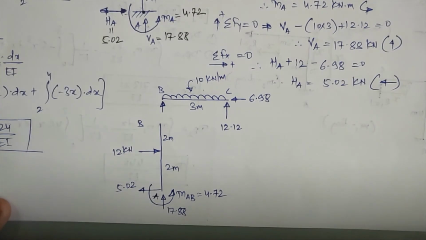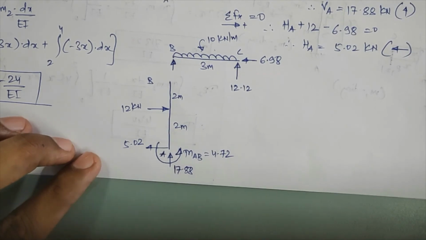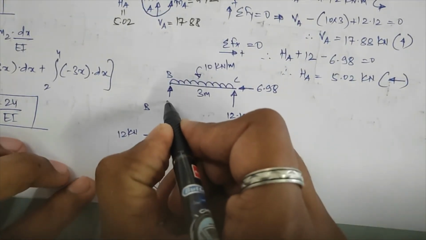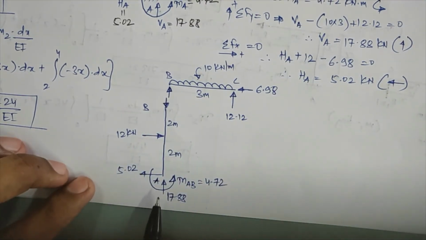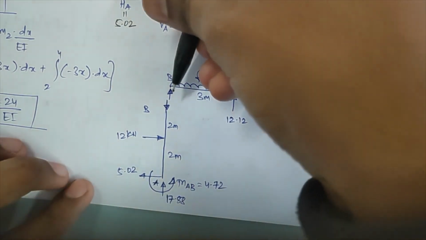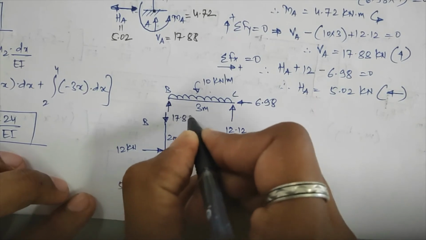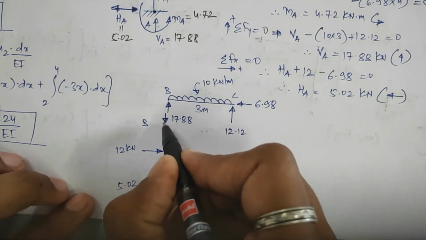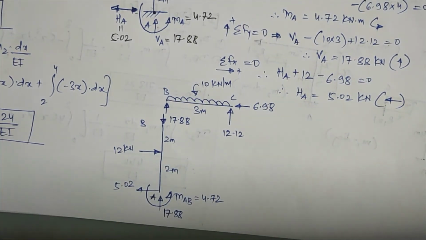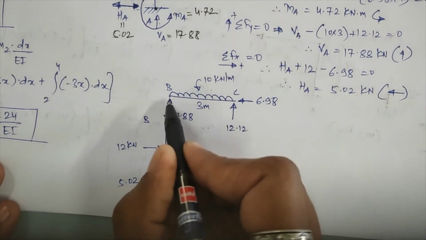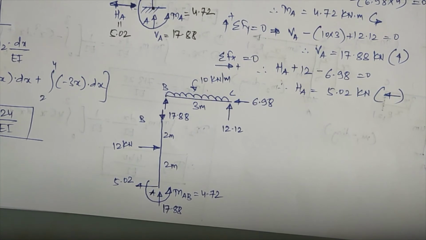Or instead of that, I'll tell you one more simple process. What is the 17.88 VA reaction you have got? Okay, if I use the same axial force in the downward direction to this, that is, if this force is acting in upward direction as the axial, here one downward force will also act of same intensity but equal and opposite forces over there. And if this is acting in downward direction, same force must act in the upward direction over there. So no need of doing the calculation, directly you will get this reaction VB over here, that is 17.88, that will be acting in upward direction over there.